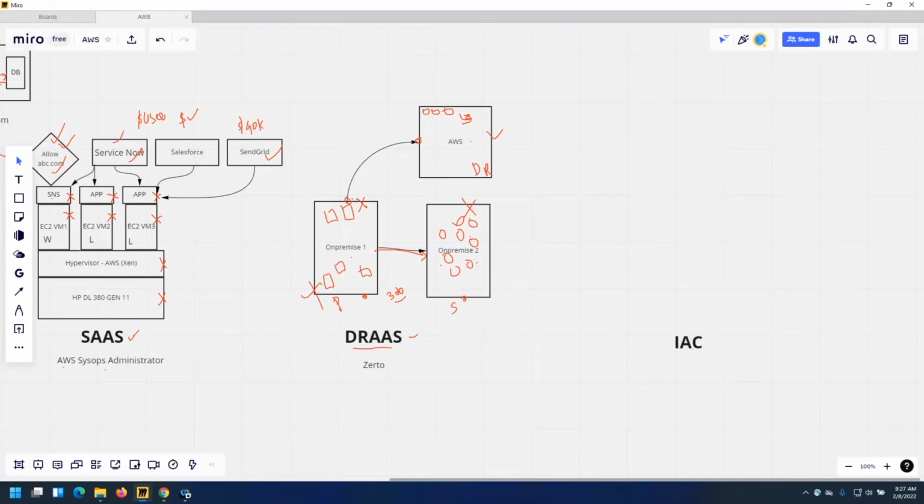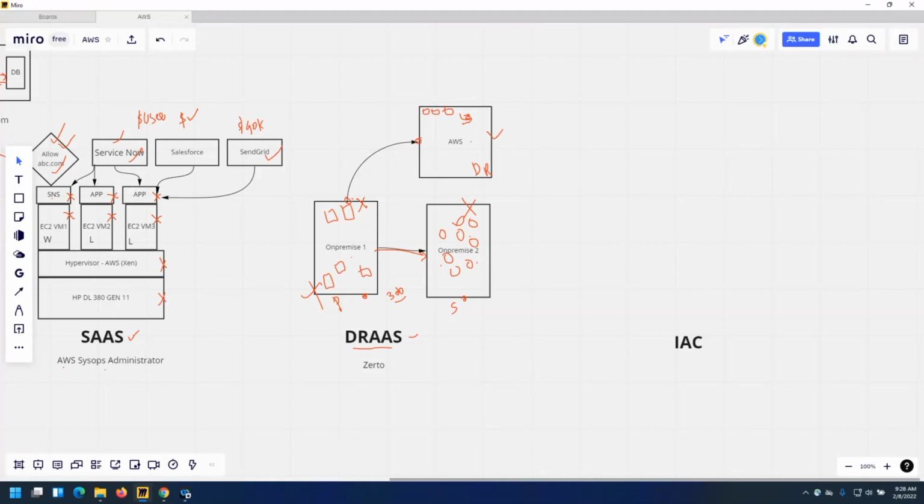So infrastructure as code means, let's say you are working as an AWS SysOps administrator and you have been asked to update the AWS CloudFormation template, which is a piece of code that you will execute. When you execute that, your servers will automatically get created, or your services will automatically get created. Your databases will automatically get created.